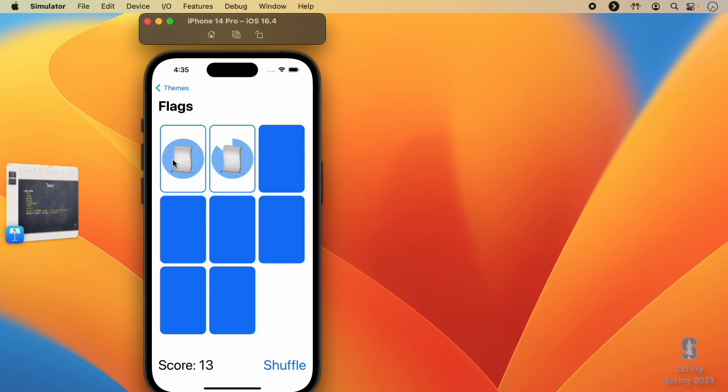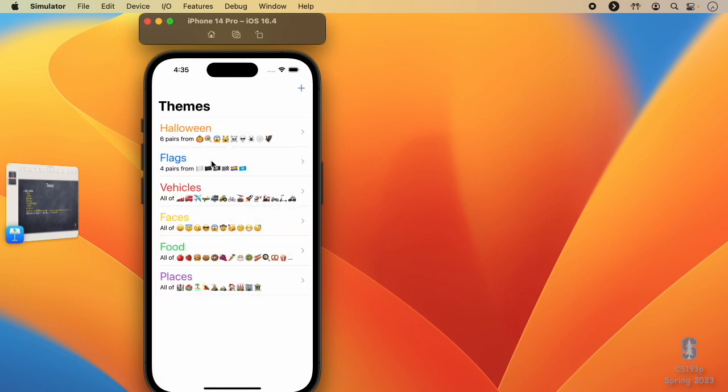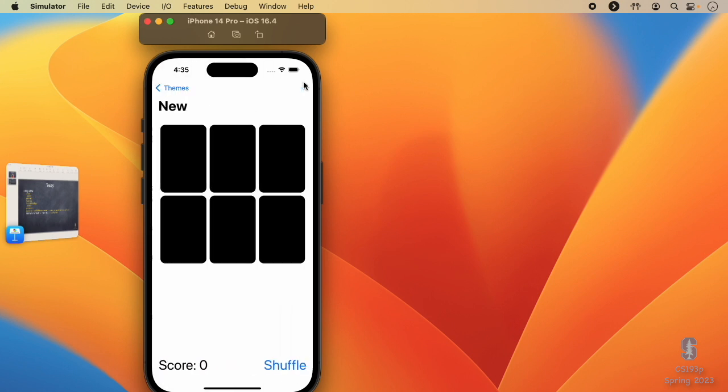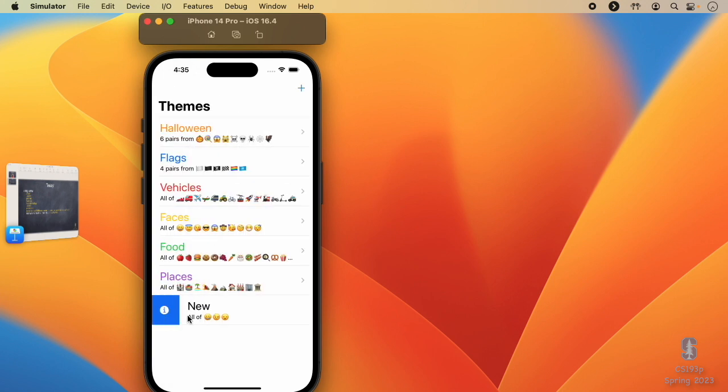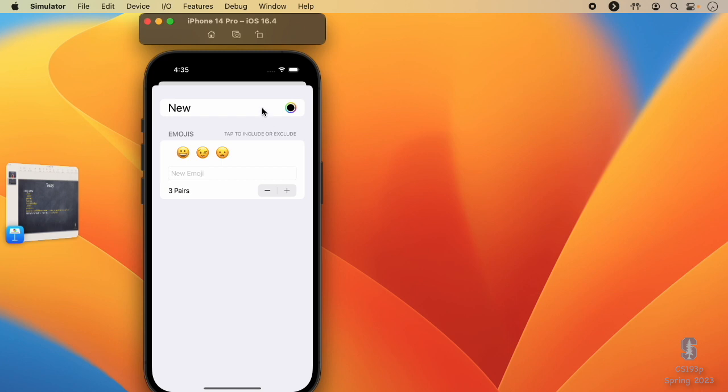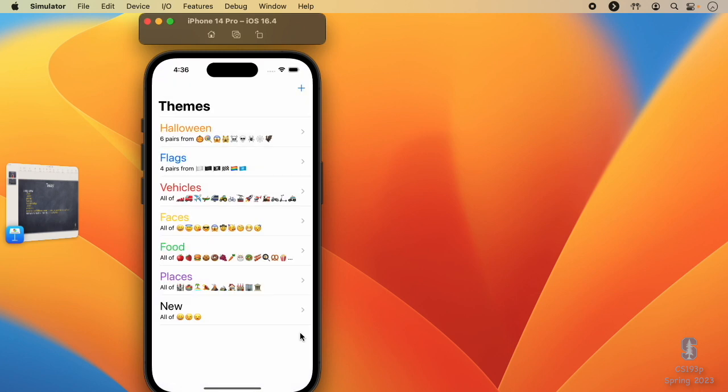But this is not the important part. This is just your A1, A2. You're not going to change that much. The real key is out here with the themes. And you can add a new theme. This is a new theme, and then maybe you want to edit this new theme to change your emojis or whatever. And so this is what you're going to be trying to build, and this does a lot of things that you don't know how to do, like put up another window on screen and all that stuff. And so we're going to learn about all that stuff today. And again, you don't have to do it this way.